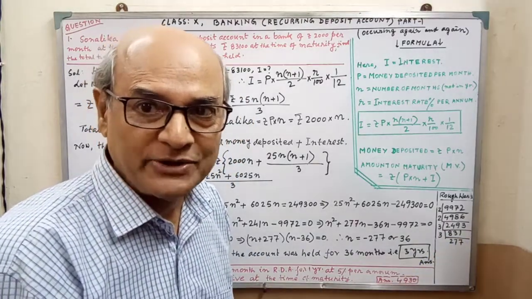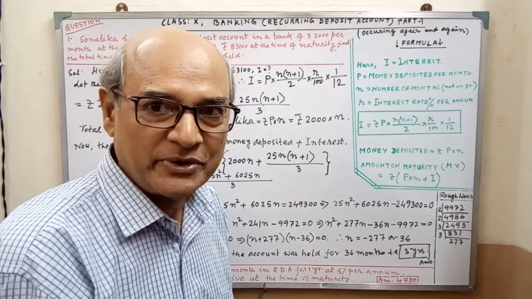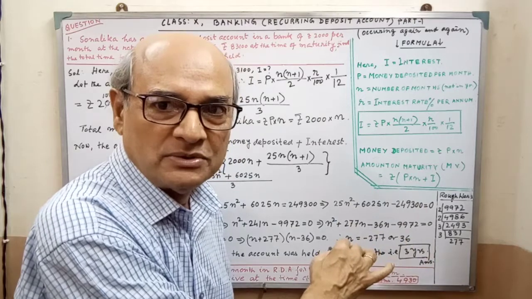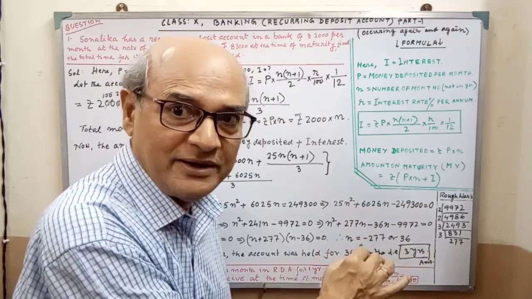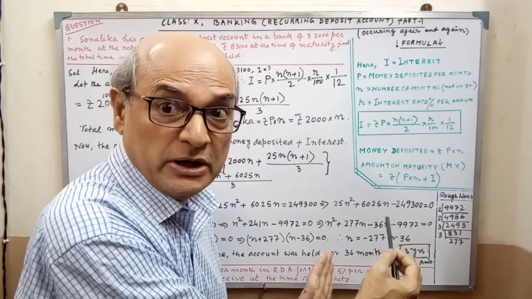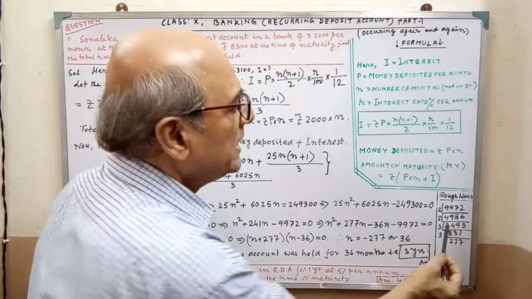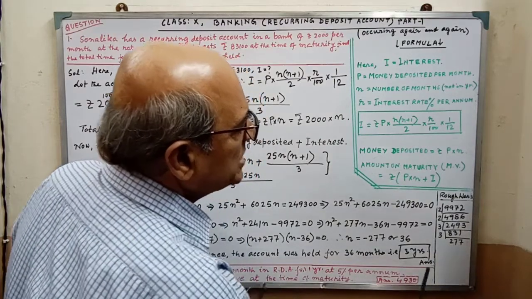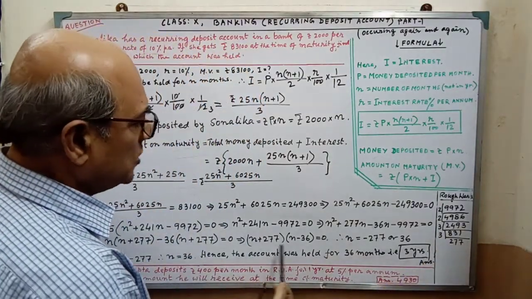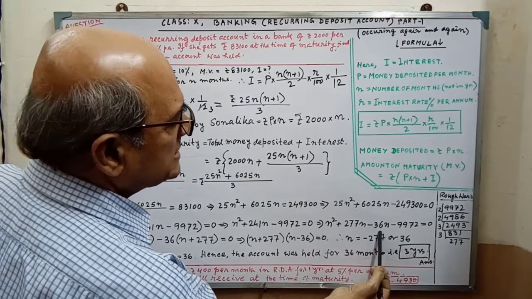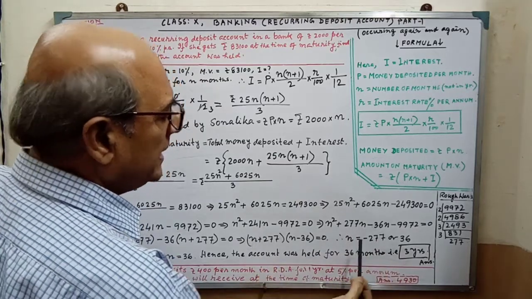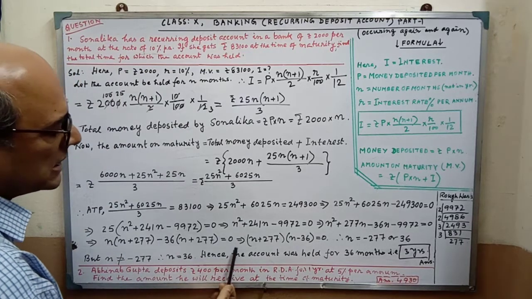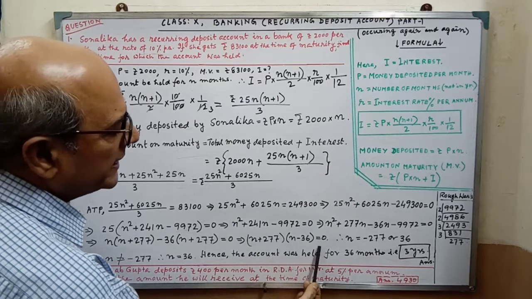That rough work you have to do in rough page. Rough work is not at all rough. This is more important than fair. Why? If you commit wrong there, then fair will be wrong. This is why wholeheartedly you have to do the rough work. And rough work you have to show in rough page. So after doing the LCM, we are getting 277 and 36. 277 minus 36, that is 241. Then we have to take the common, and after taking common and simplifying, we are getting this.